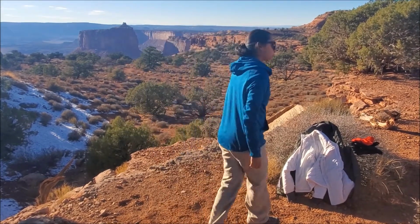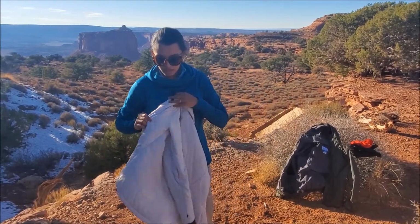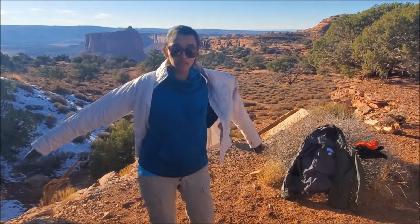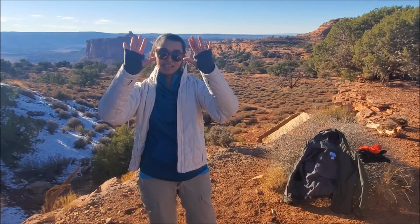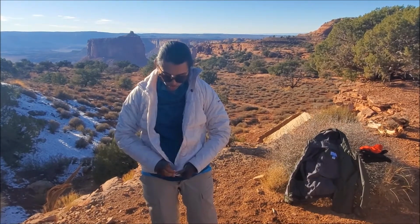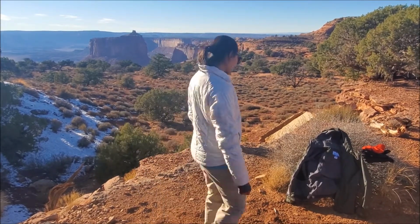On top of that, I do recommend wearing a down layer like this. This is one of those puffy ones. This will keep you really warm, sometimes a little too warm, but it is good if it gets really cold. This also has thumb holes in it, and it's nice for you to just zip up and wear on top. On top of this, if you would like,